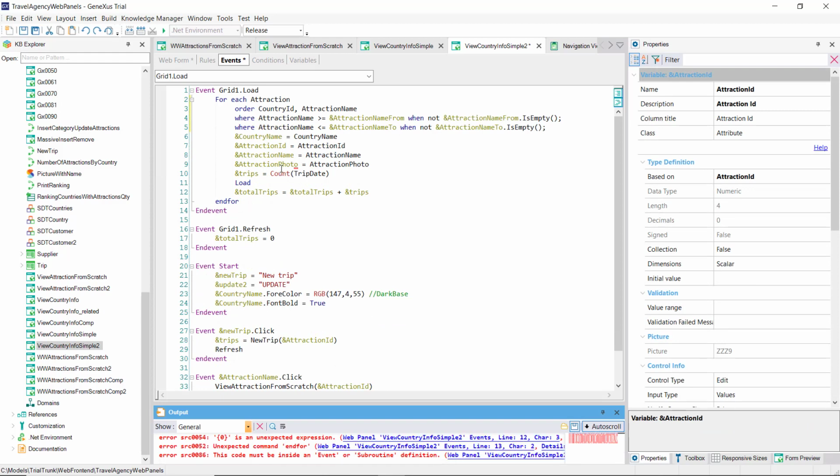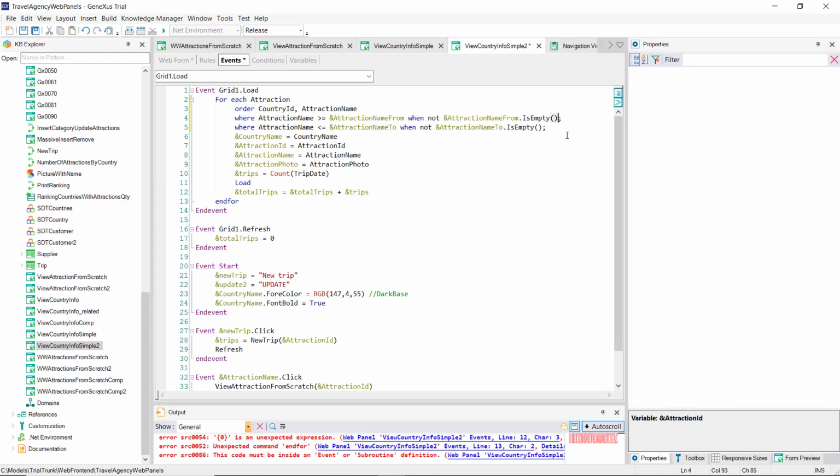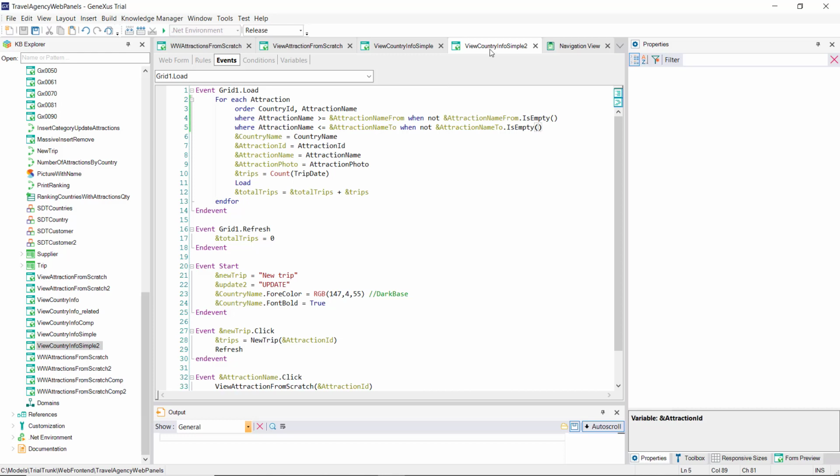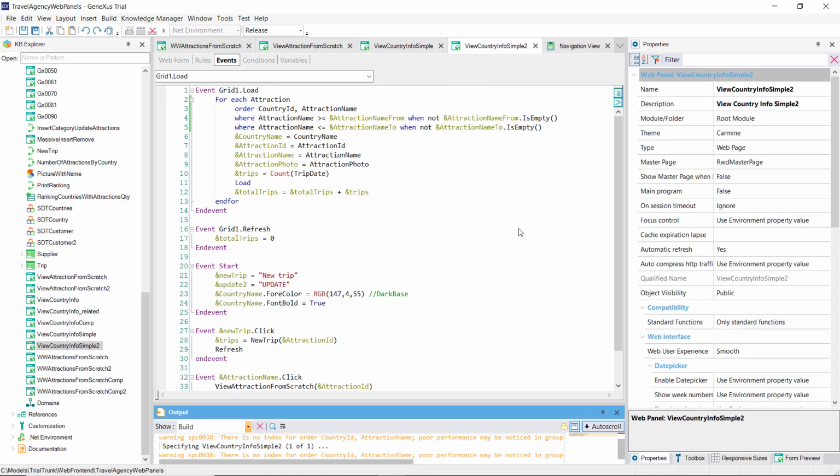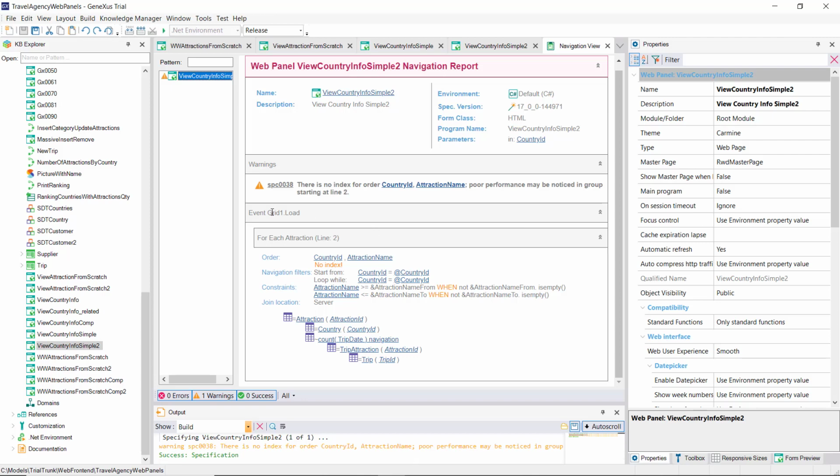It's causing this error because there shouldn't be a semicolon in the syntax of the for each. We save again. Okay. We check the navigation list. This time, we managed to ensure that the web panel has no base table.